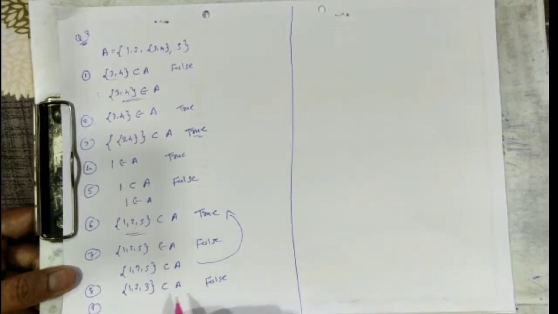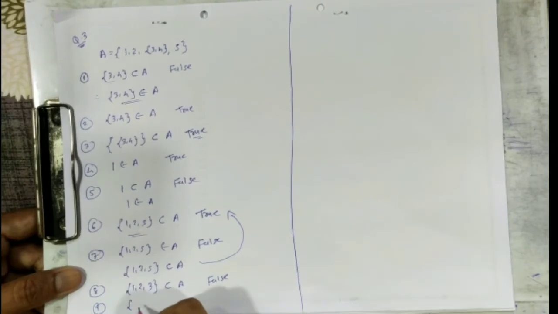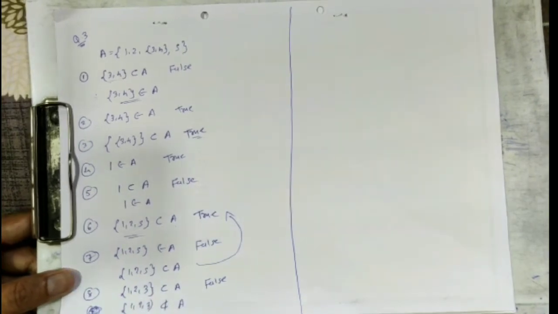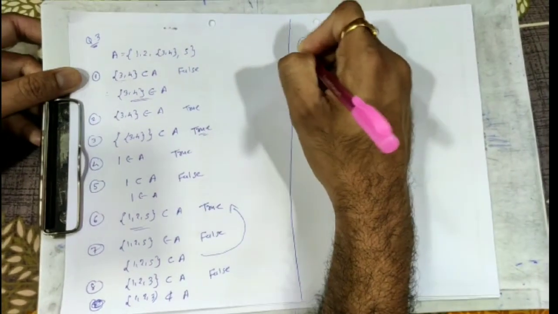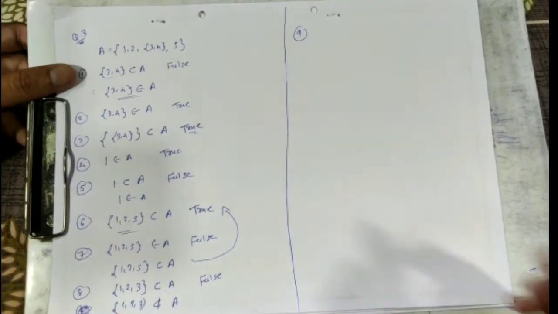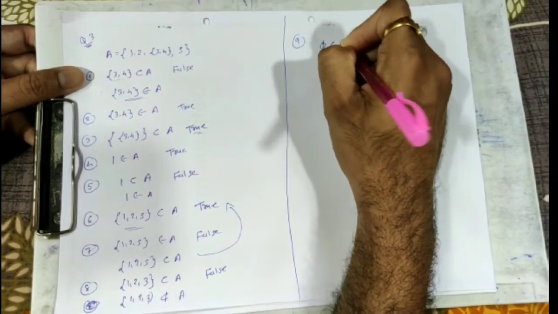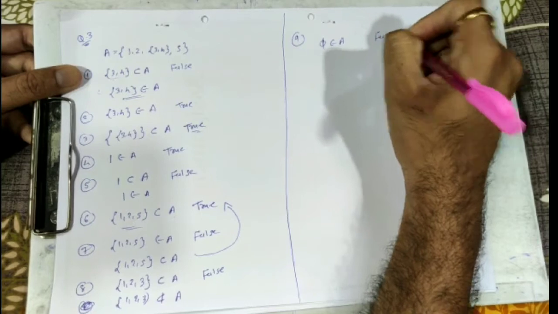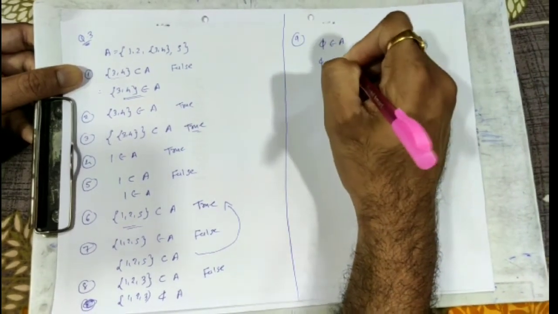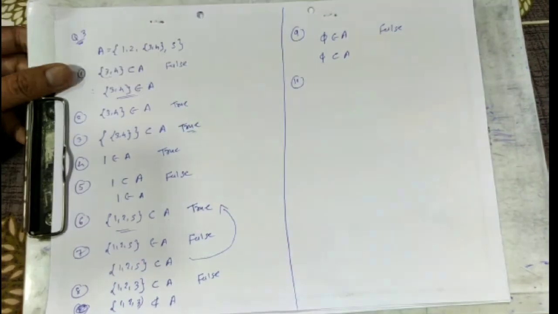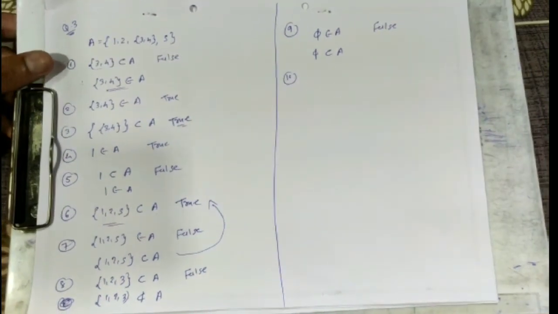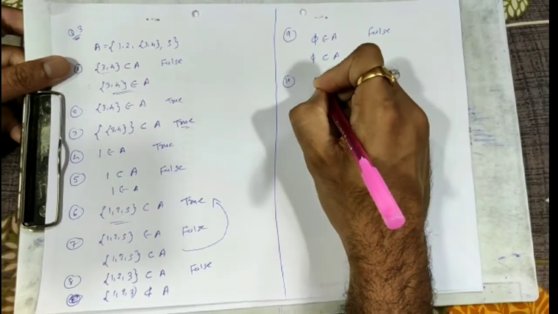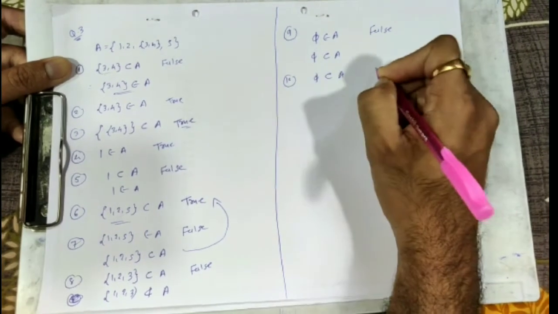Ninth, इसका हम रीजन लिखना चाहेंगे तो क्या लिखेंगे? 1 2 3 नॉट सबसेट ऑफ ए, है ना, ऐसे लिख देते हैं। 9th नंबर, 5 बिलोंग्स टू ए, बोलो फॉल्स, है ना। 5 बिलोंग्स टू नहीं होता है। नल सेट इज द सबसेट ऑफ ऑल द सेट्स, ऐसा हमने सीखा था, है ना। नल सेट, एम्प्टी सेट इज द सबसेट ऑफ ऑल द सेट्स। तो हम 5 सबसेट ए लिख सकते हैं, जैसा कि हमने दिया है क्वेश्चन नंबर 10 में।